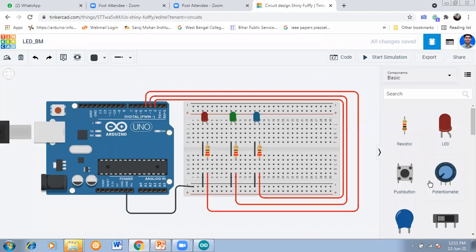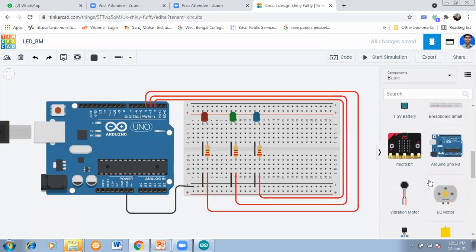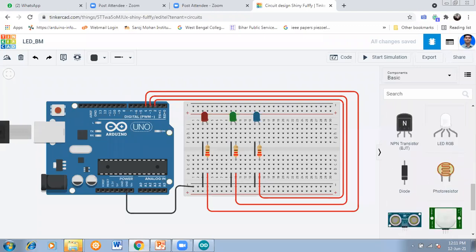You use an RGB LED. You run the RGB LED. This is a single LED, but in a single LED there are three LEDs: red, green and blue. I'm showing you here. This is green, this is blue, this is the cathode, that means it's grounded.